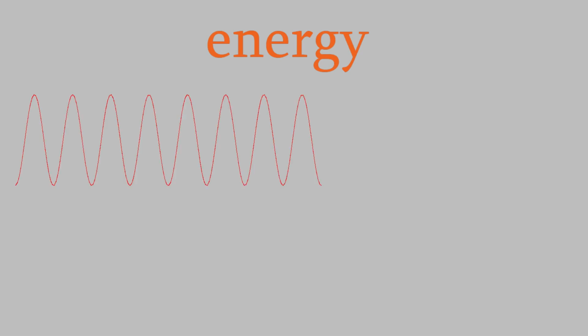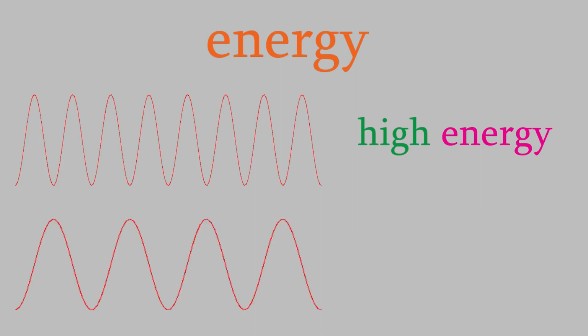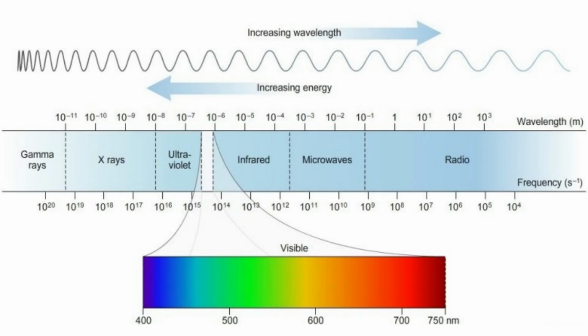The last property of waves we want to talk about is their energy. It turns out that waves with short wavelengths and high frequencies have a high energy, and waves with a long wavelength and low frequency have a low energy. So, for instance, gamma rays and X-rays have a very high energy, and radio waves have a very low energy. This makes sense when you remember that gamma rays and X-rays have the ability to break the chemical bonds in DNA, which can do a lot of damage, but radio waves are very safe.